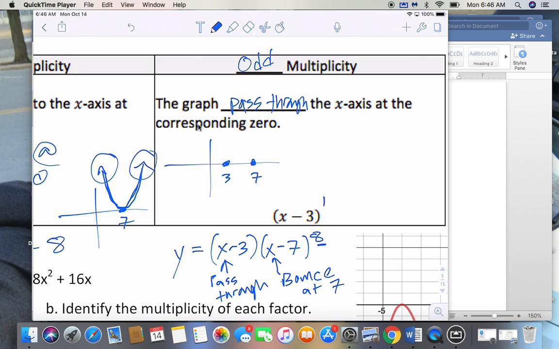If I actually multiplied this out, like the day we did this last week, but if you just look at the degree of the x's alone, this one right here is going to be x to the first, right? And then if I distribute the 8 over here, this is going to be x to the 8th. So in the end, if you have x to the first and x to the 8th, the degree of this is x to the 9th